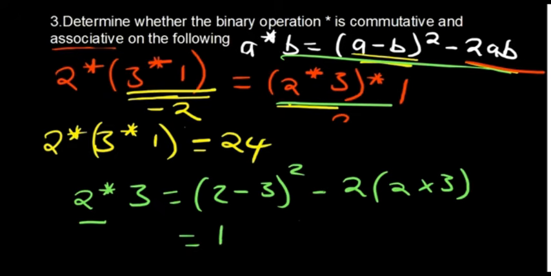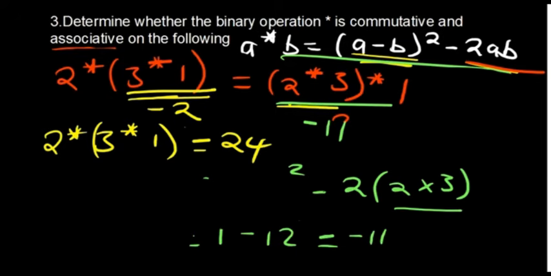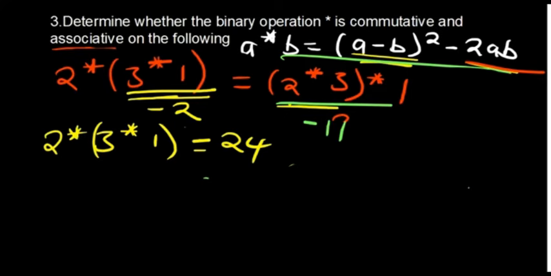So negative 2 times 6 in the brackets here, it's going to be minus 12. Okay, so that is going to be negative 11. So in the brackets of negative 11, so negative 11 now is going to be star, start with 1 there. So we now have negative 11 star 1. So we go to our brackets, we have a minus b. So it's negative 11 minus 1 squared